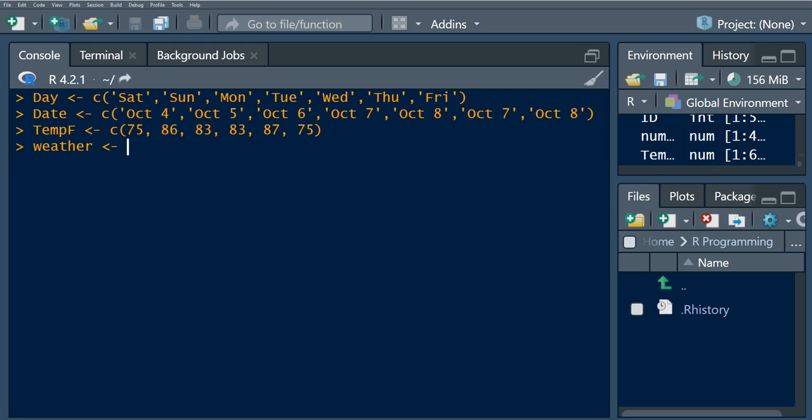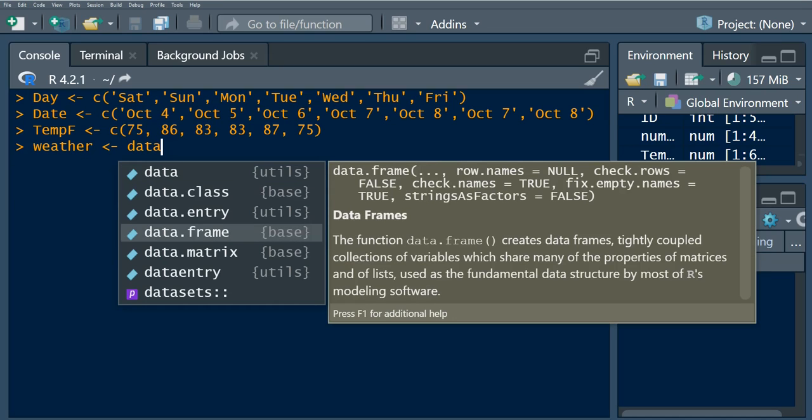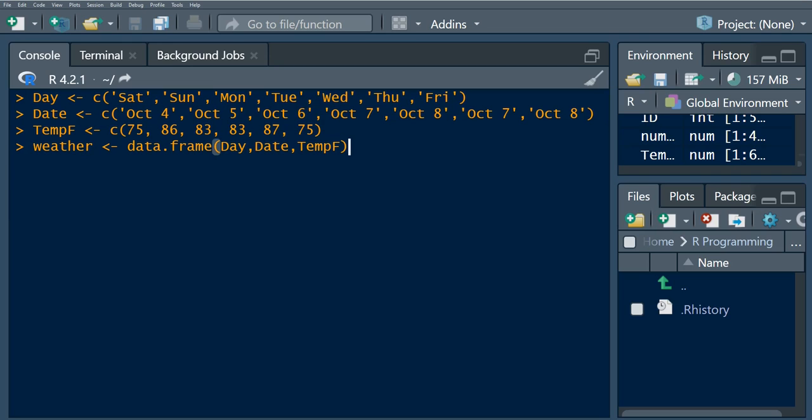And let us create this data frame by using data.frame, right? So this creates a data frame. So what should we provide? In this case, we're going to provide our vectors. So first we have day, date, temperature, and